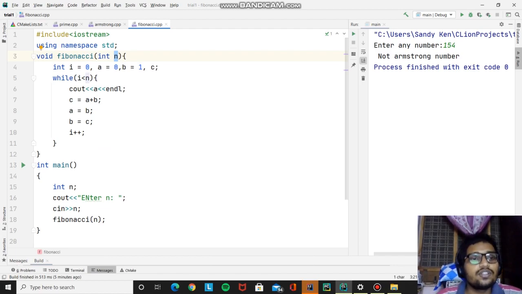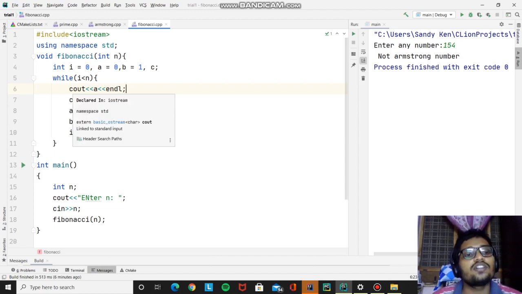This i is basically for this while loop, and a and b are the reference numbers which we definitely need to print any Fibonacci series. That's the reason we need these two initialized variables, a equals 0, b equals 1, and c, we can assume c as the next term. While i is less than n, i will be 0, and for example, if n is 5, it runs 5 times: 0, 1, 2, 3, and 4. Then we can have 5 values of the Fibonacci series printed, right?